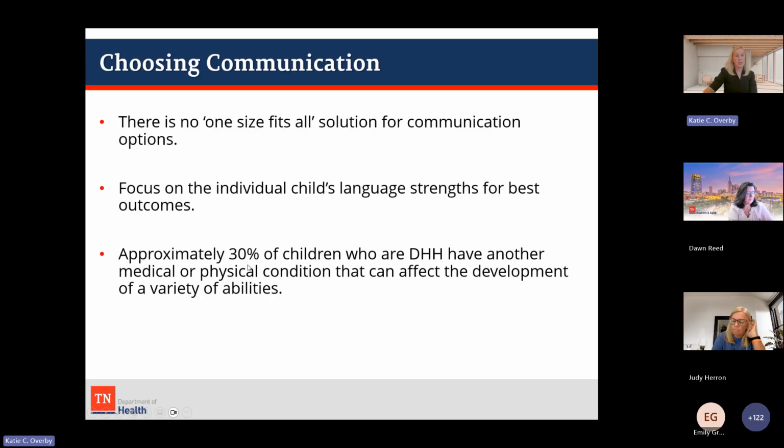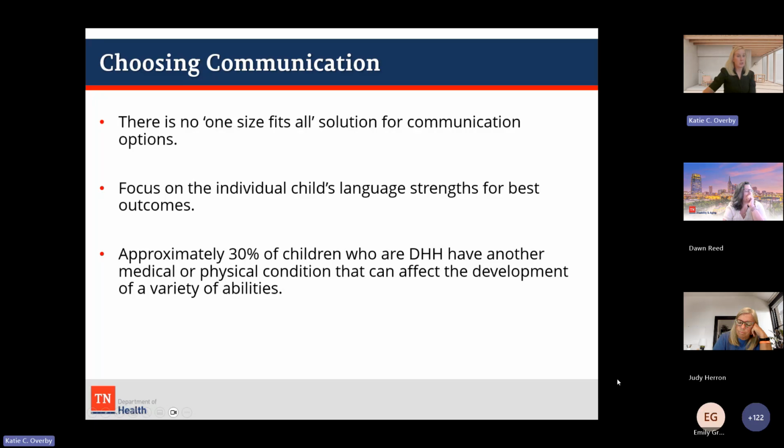The other thing here, and I think this is where it's important to lean in on PTs and OTs, is that we're looking at kids that have a variety of medical and physical conditions. They might not be able to do American Sign Language, but working with your OT and PT, you may figure out ways to adapt so that they can have access to some signed language. Also working with OTs, PTs, and speech to look at their oral motor skills and what would be feasible, what kind of sounds are they going to be able to produce.